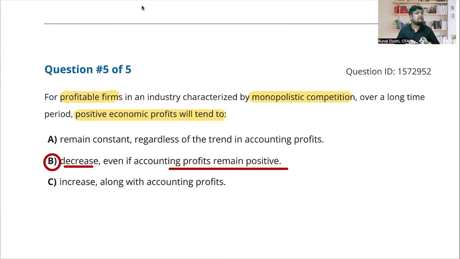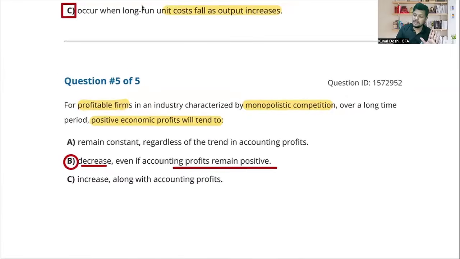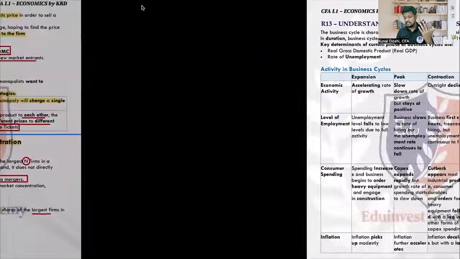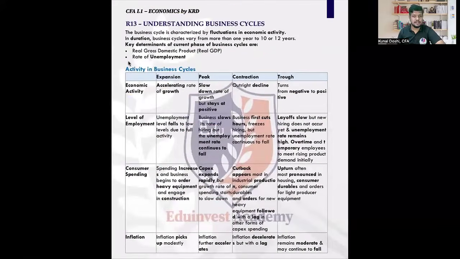Now, when I say economic profit is zero, it does not mean my accounting profit is zero. Accounting profit can be positive, but you're not recovering your opportunity cost. You're recovering your accounting cost, but not opportunity cost. So companies can have positive accounting profit. Their financial statements might be positive, but they're not covering economic profit. Understood? Here in economics, we are only focused on economic profit, not accounting profit. Clear? Understood? Yes. So, a very lengthy topic is what we covered.